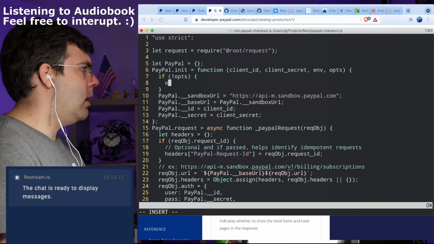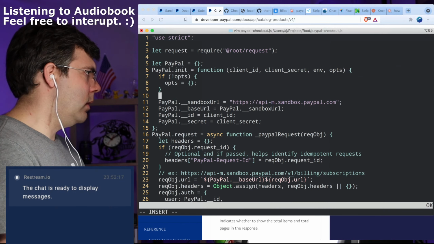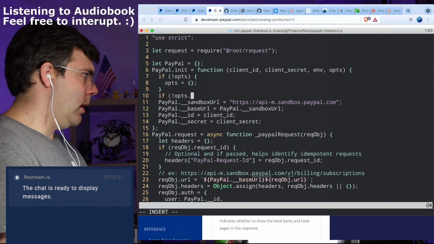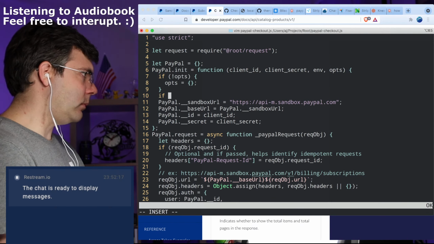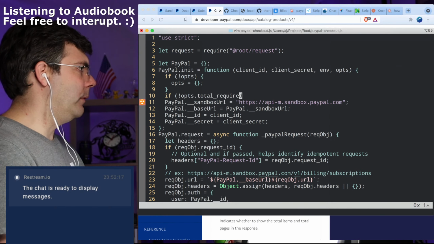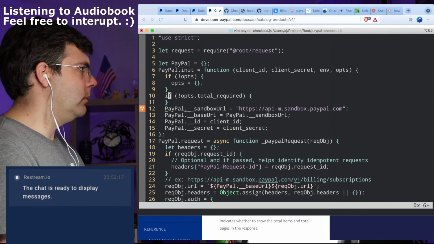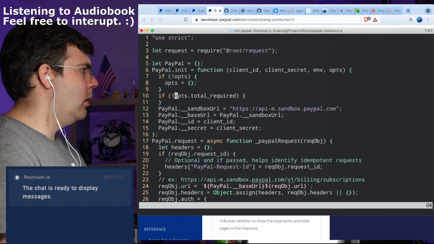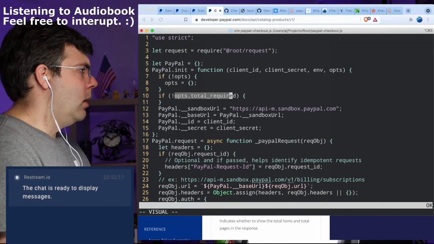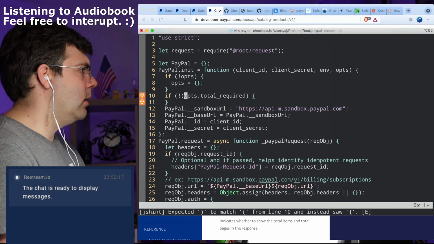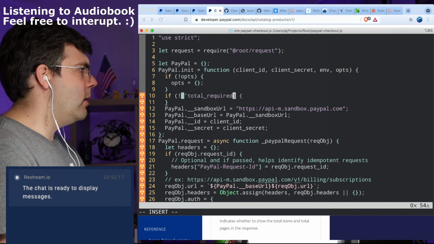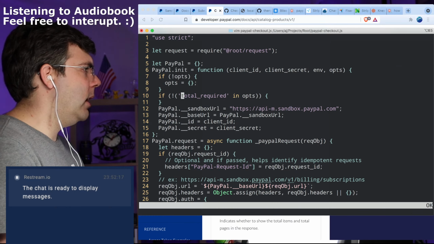So if not ops, ops equals, if not ops top, oh, that's me. Nope, that's not what I wanted to do. So that, yeah, there we go. Actually, this would be if not total required in ops, because if it's false, we want to catch it as well.